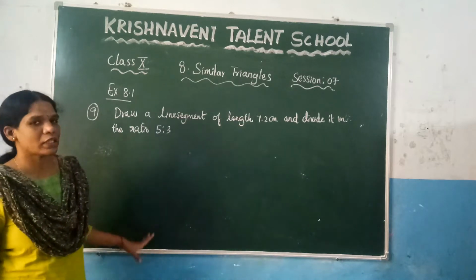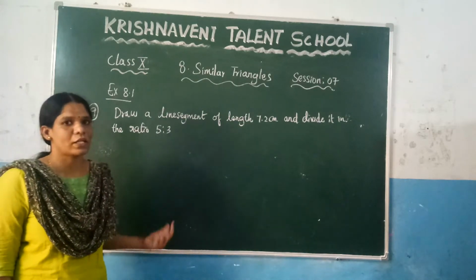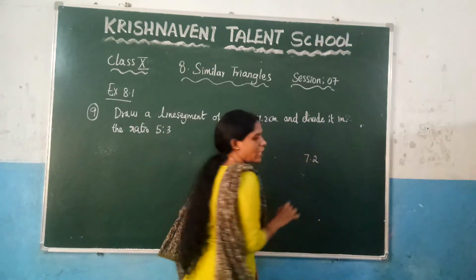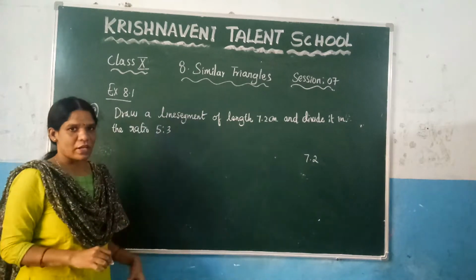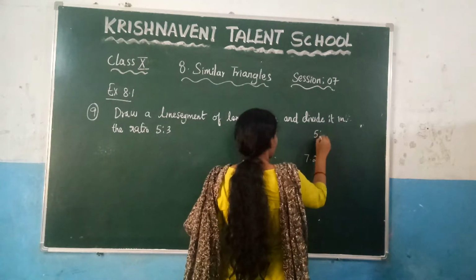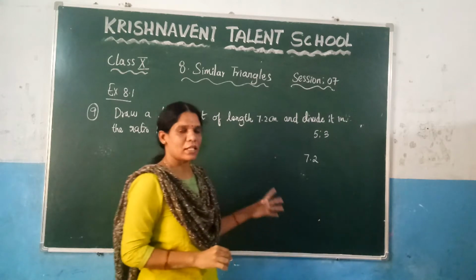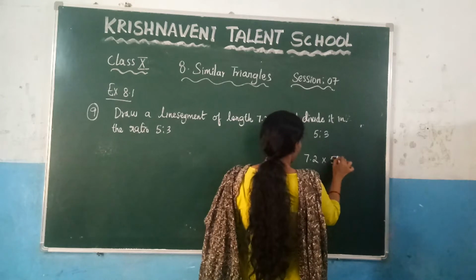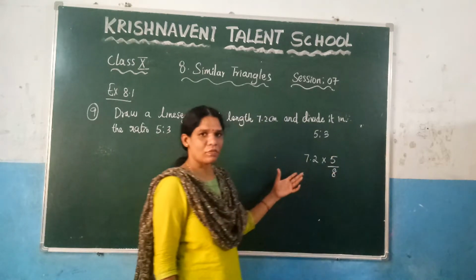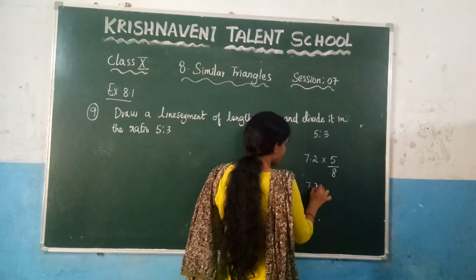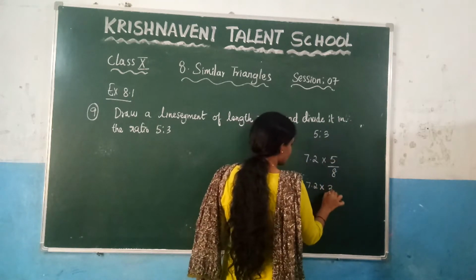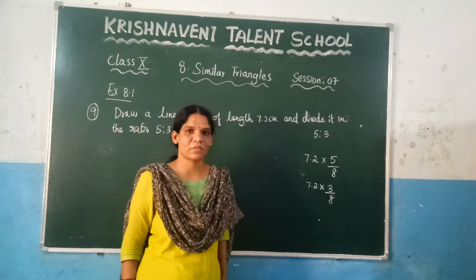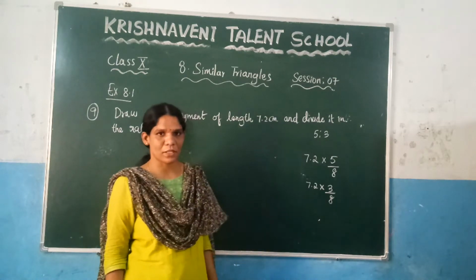And you know that by the normal calculation you can measure what are those two parts. How do you measure? You know what is the total length, which is 7.2, and what is the ratio which is given, which is 5:3. So here the total, you know that 5+3, which is 8. If you want to calculate what are the two parts, you need to multiply 5 by 8. This gives you the fifth part. And similarly, the total, which is 7.2, and you need to calculate the third part by the total part. You have studied this in the ratios chapter in the previous classes.